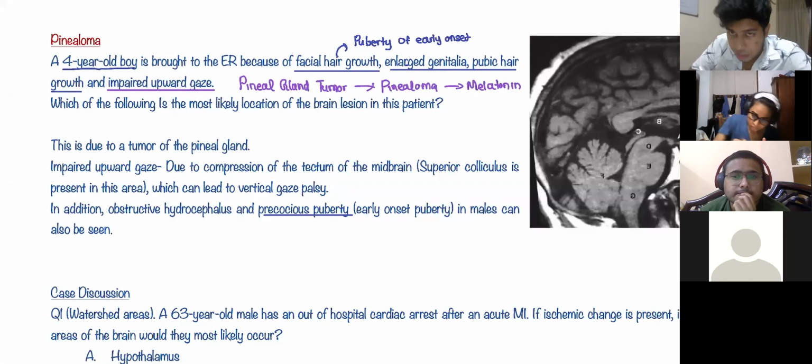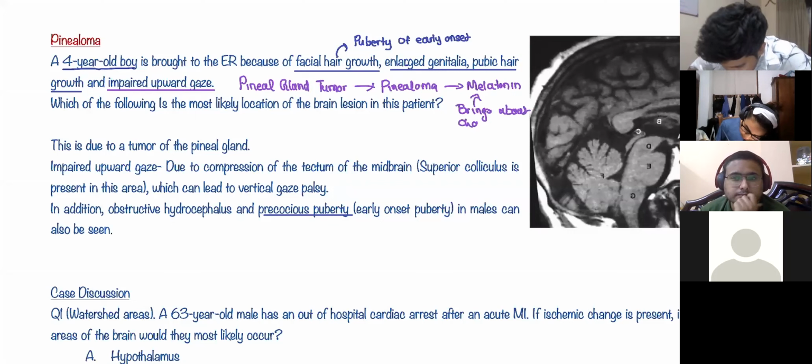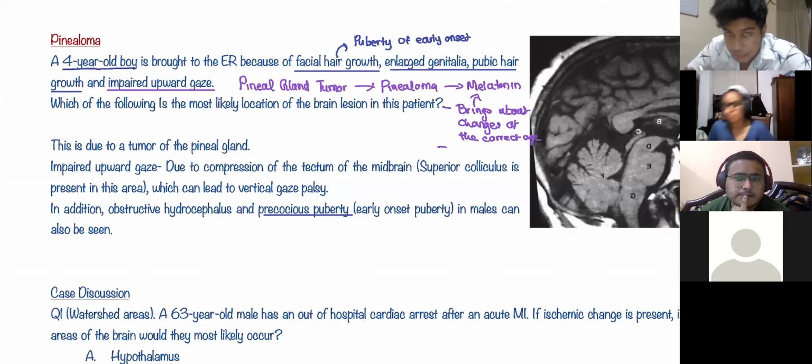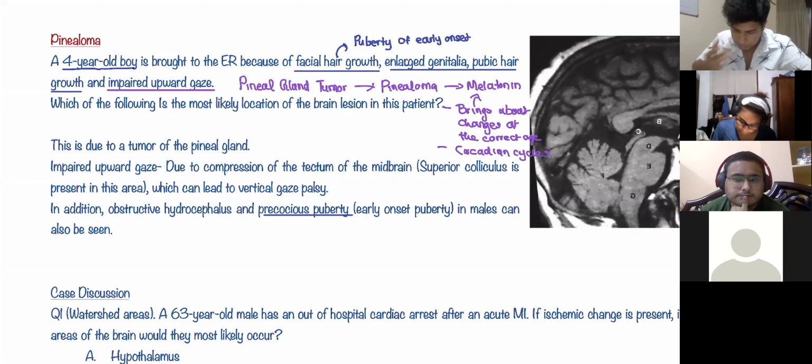So if you haven't learned, melatonin brings about changes at the correct age. One function, and the way it does it is through the sleep-wake cycles. Okay. Now,